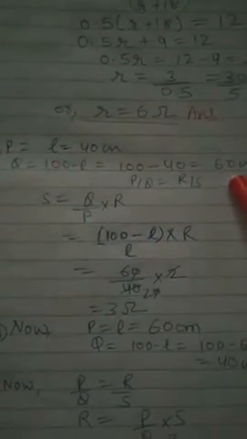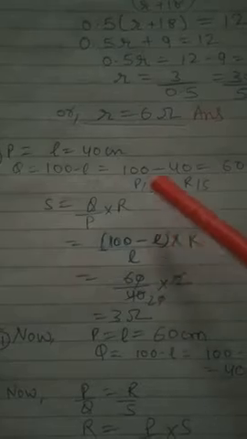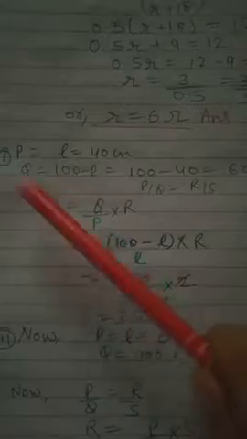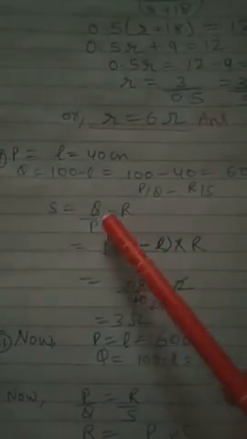So first the null point is obtained at 40 cm. We know that that will be your P, and if L is 40, then 100 minus L will become 60. By the balancing condition, P by Q will be equal to R by S. So S, the unknown resistance of the wire that we have to find, will be equal to Q upon P into R, that is 100 minus L by L into R. Now 100 minus L is 60 upon 40 into R value 2. Solving this you will get 3 ohm. So we got the value of S as 3 ohm.